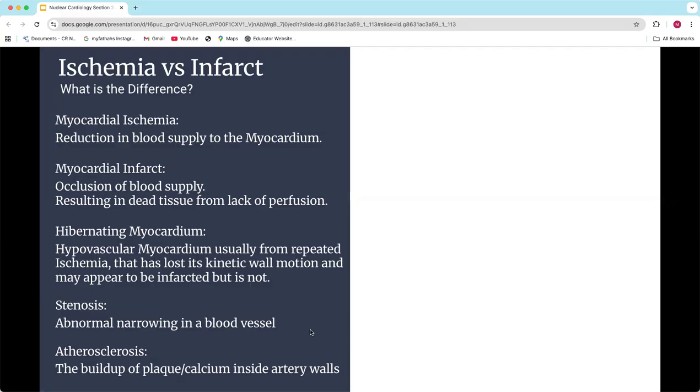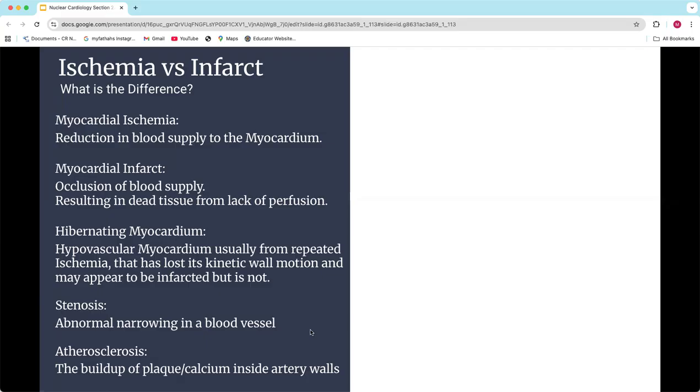When we talk in nuclear cardiology, especially about imaging, we're not in the ER dealing with someone having an immediate STEMI, right? What we're dealing with is the possibility of an area where your blood flow is missing or gone. And for us, not being in an emergent situation, that would mean dead tissue.